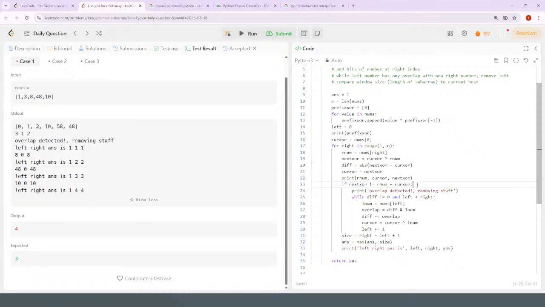While if the difference is not... when do I need to update this? If I update this right now, I can't use it in the if statement. So I do next XOR is the current XOR and the right num. If the next XOR doesn't equal that,